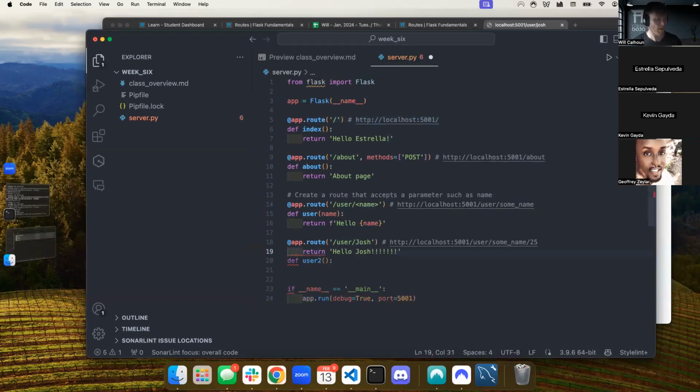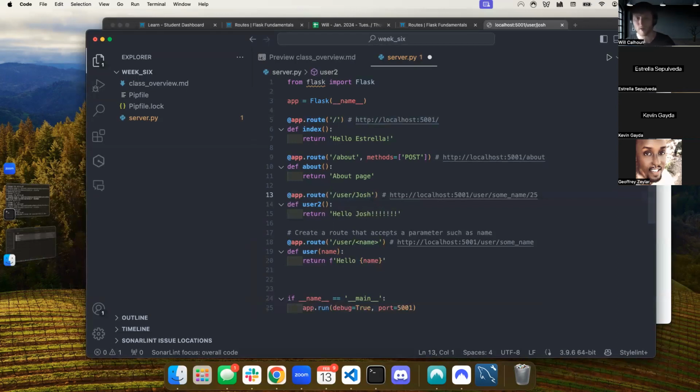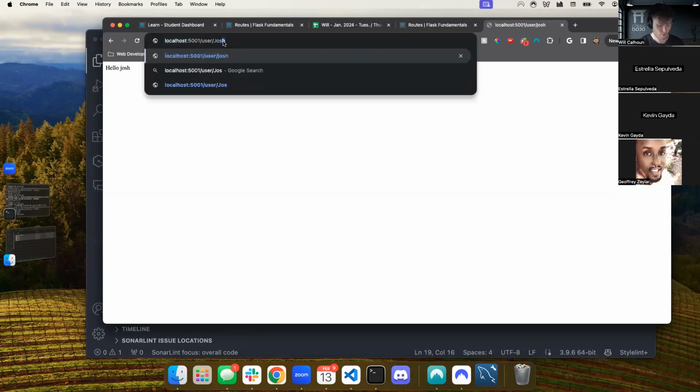So if I am doing that, if I have some sort of really unique case, this is not super common, but let's say you had a really unique thing. If you did, you'd really build that into this functionality, build like a conditional statement. But for this sake, just so we know, if I say Josh,